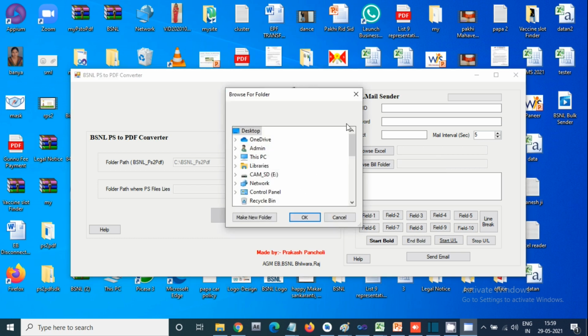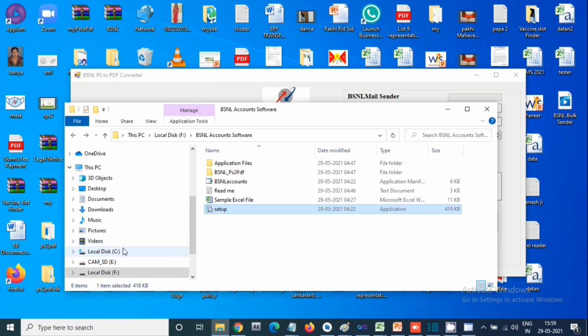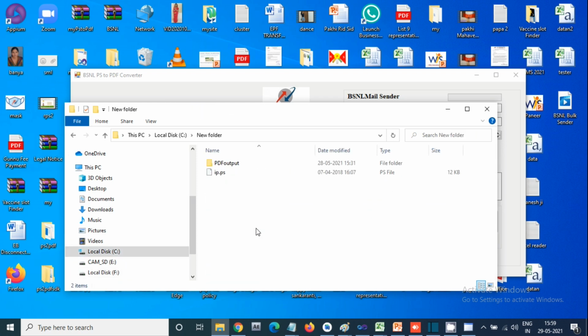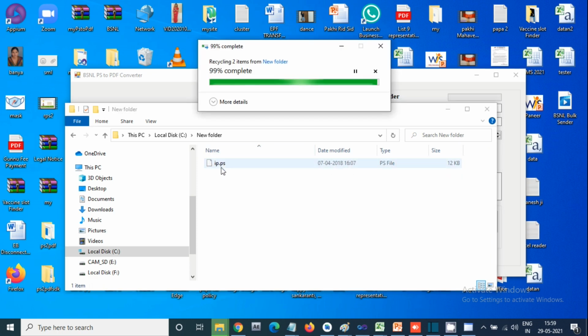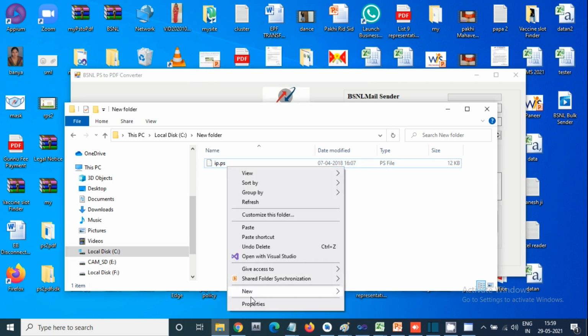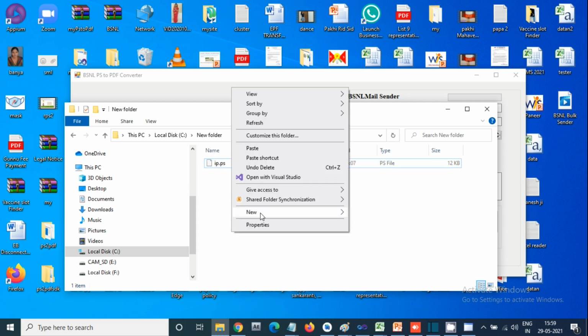The second thing that is required is what I want to give as input to this system. I want to give one folder. Suppose in a C drive I have one folder, new folder. It consists of, say, let me delete this one. It has one file named IP underscore and IP.ps. Suppose I copy this, just copy it.